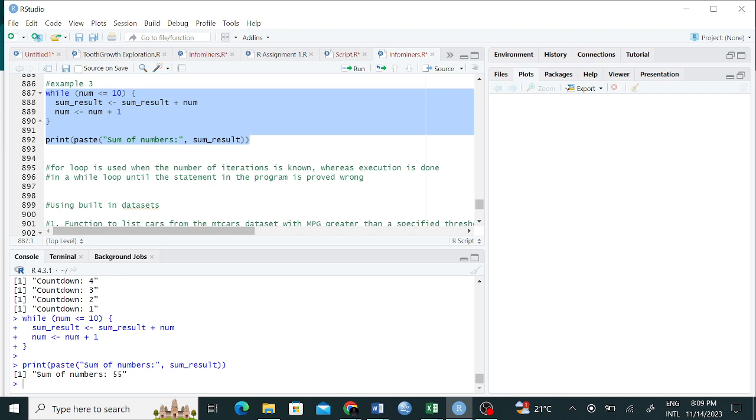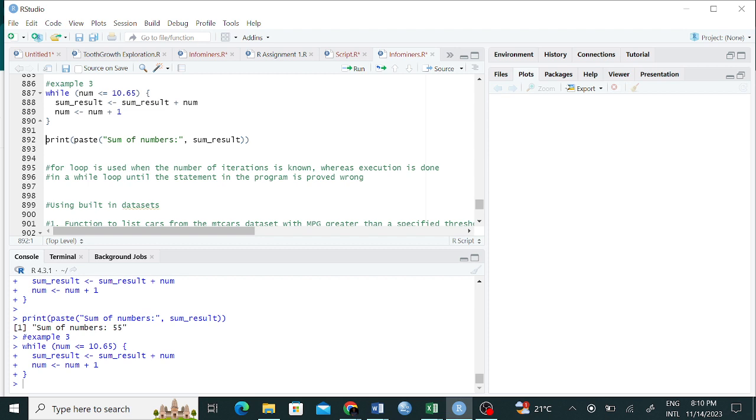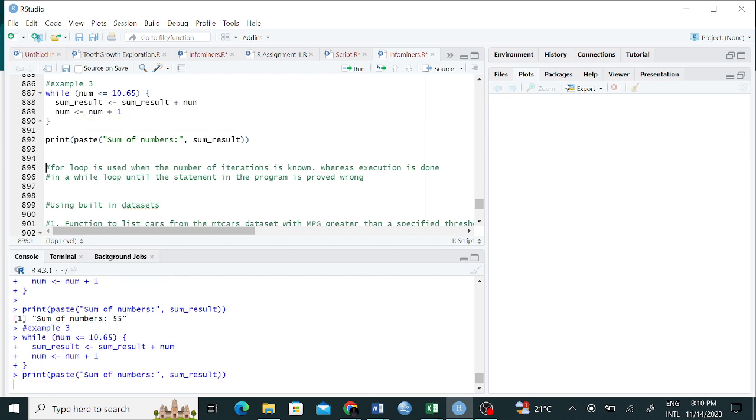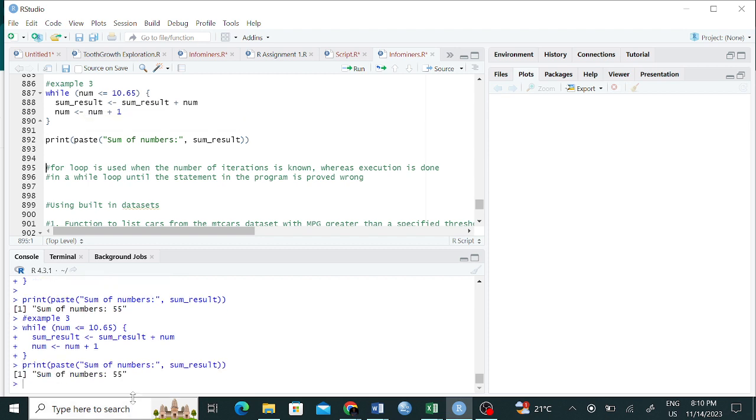But for a while loop, you don't know the number of iterations that maybe you're supposed to be making. So maybe if I say here it's something that is less than maybe 10.65, but I think it's just going to be running. Sum of numbers 55. Imetumia whole numbers, I mean.